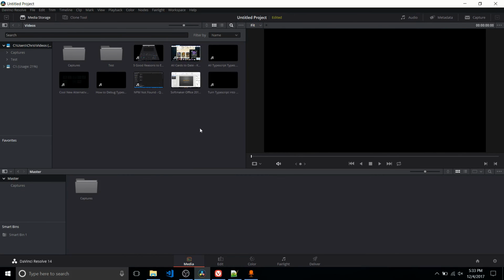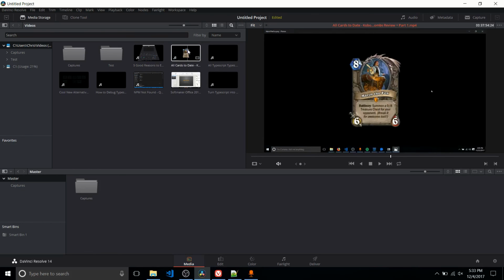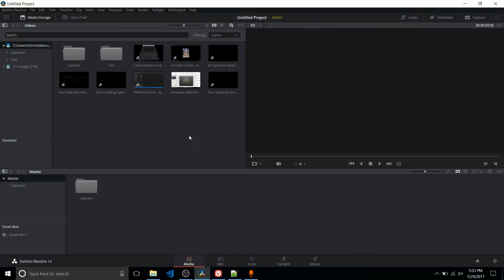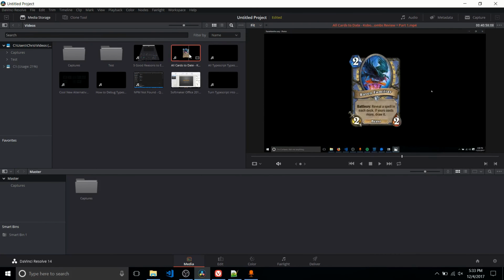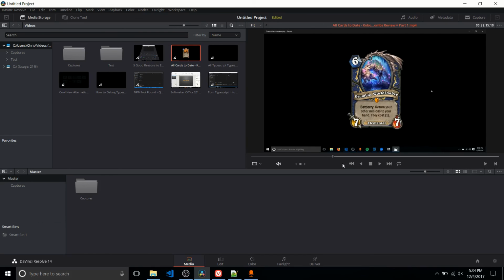So what we can do if we only want to bring a small section or a clip from one of our previously recorded videos, whether it's edited or not, into the project, is we can left-click on the video in the videos box over here, and then we would find a starting and an ending point inside of this preview window, and we hit I to create an in point, which means everything before that is going to be ignored, and we go find an out point, we click O, and you can see that the section on the bar, what's actually marked between in and out is gray,